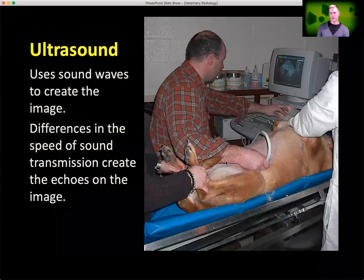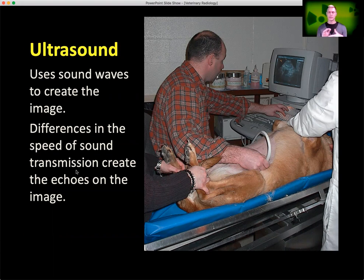The next thing that we use is ultrasound. And this is a machine, as you can see here. It's a really big computer, and it has probes on it. And those probes actually create sound waves that go into the patient and come back as they bounce off of structures in the patient. And the difference in the speed of sound transmission between different organs actually helps to create the echoes that we see on an image. This is an image of one of my former residents